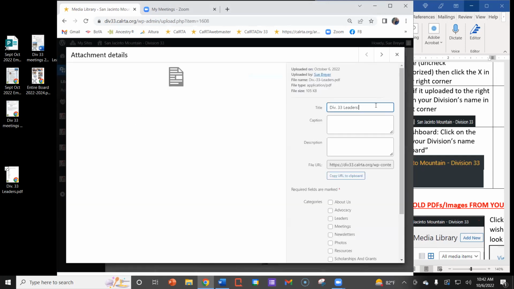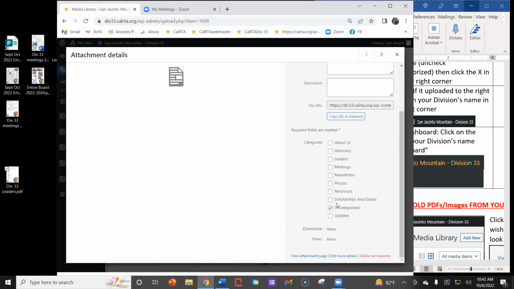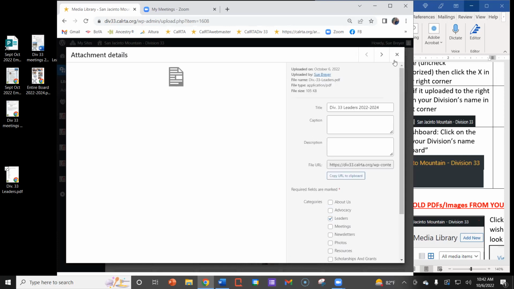I'm going to add the date. By the way, you should add the date. Okay, because sometimes we see leaders lists and we have no idea what years they're for. So it's always good to add the years in there. Okay, I don't need captions or descriptions. I'm going to scroll down, uncheck, and I'm going to add this to leaders. Okay, X out,